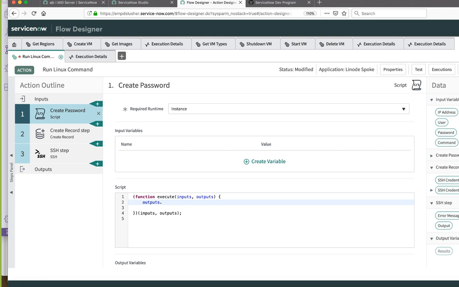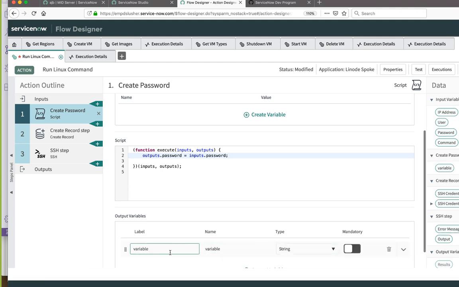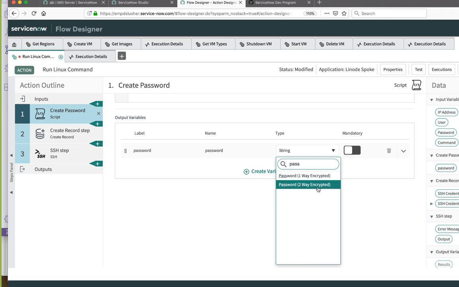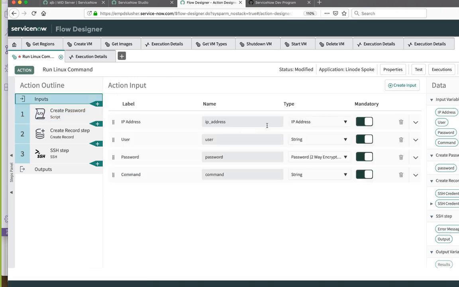Outputs dot password. There is an API for doing password 2. Let me look that up while you're doing that. And so you can be testing that while I'm looking up the API. So you think if I do this and I just make it of this type, it will automatically convert at this point? I mean, that's what I want to have happen. All right, dude, I'm willing to try. Password 2. Let's call it password 2 encrypted. We'll make it mandatory. So it takes in our plain text. So I'm going to go back to my input and make this back to plain text.